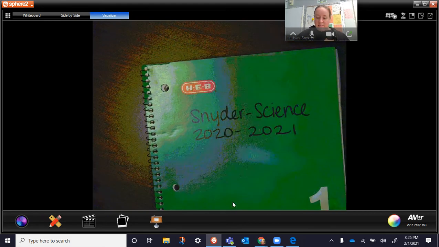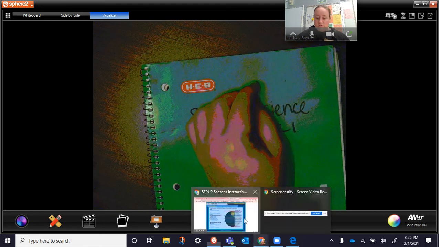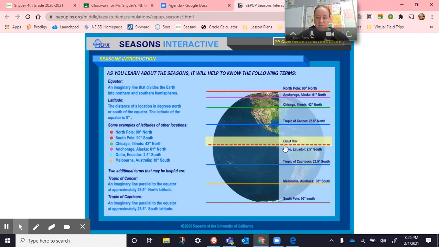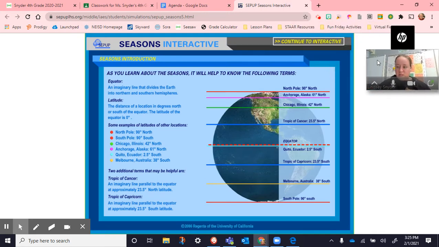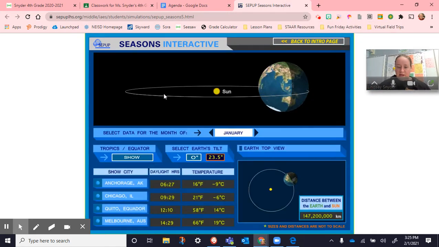And then on this website right here, you see here's Earth, you see the equator, you see the North Pole, you see the Alaska, and then you've got some different cities. Like here's one in Australia. You've got in Chicago, you've got in Alaska. So you click right here, continue to interactive, and you've got here showing where the sun is